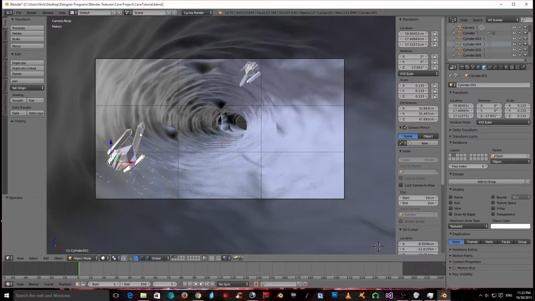I don't think there's a way you can do it all at once, so I'm doing them individually right now. And then once you've done that, you need to go over here to the render layer, and underneath passes, you need to enable object index pass. If you don't do that and then you render it, the